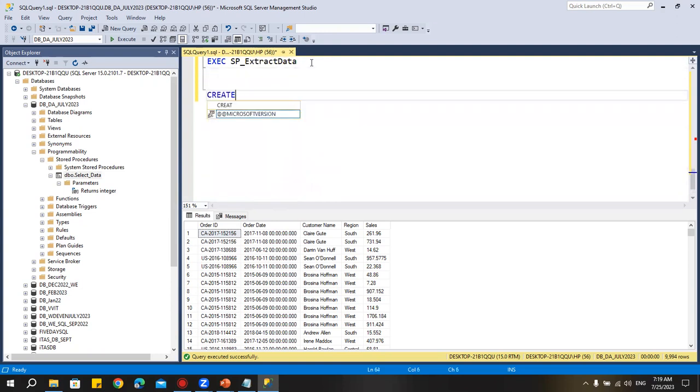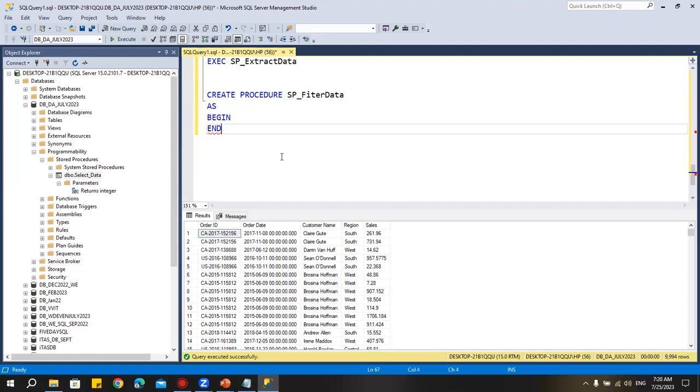Okay, create procedure, then we'll say filter date, then we'll say as begin end. Okay, so first create one template like this, or say we call it pseudo code,